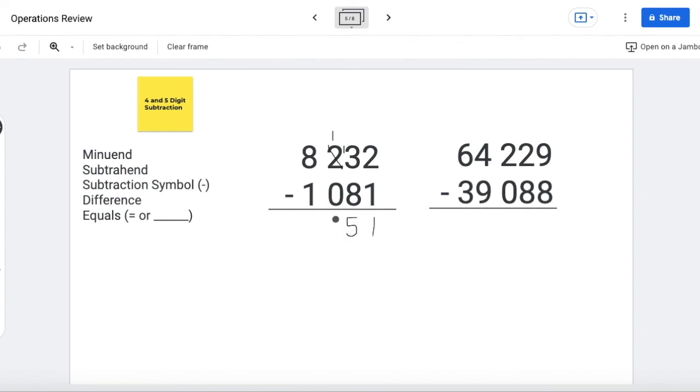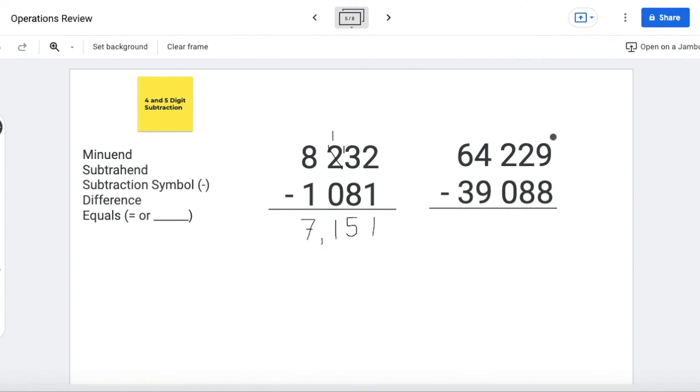Moving on to the next place value, we're no longer subtracting 2 from 0, we're subtracting 1, so 1 subtract 0 is 1. And last but not least, 8 subtract 1 is 7, to give us 7,151 as our difference. Now what happens if we have to regroup or borrow twice? Well, let's head on over and do this larger number here,